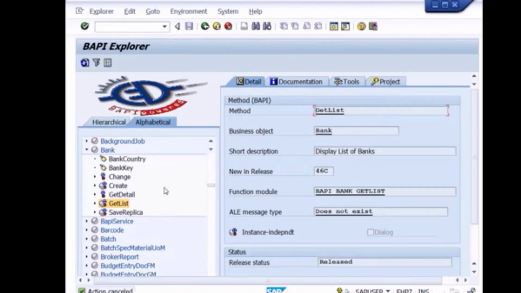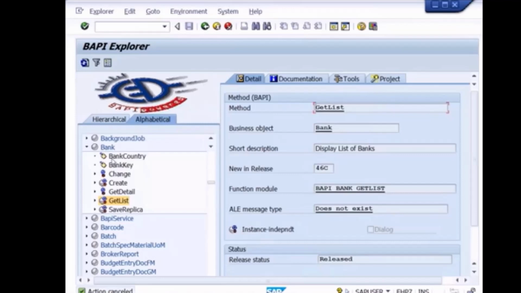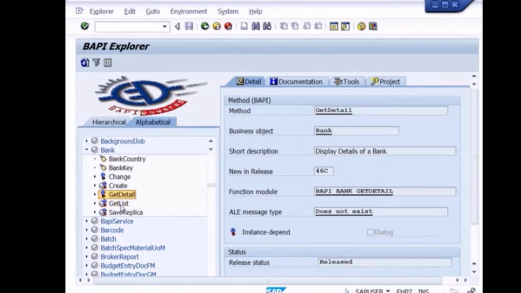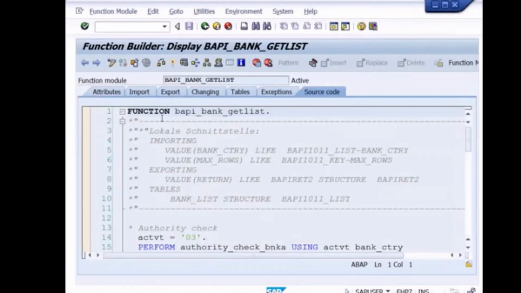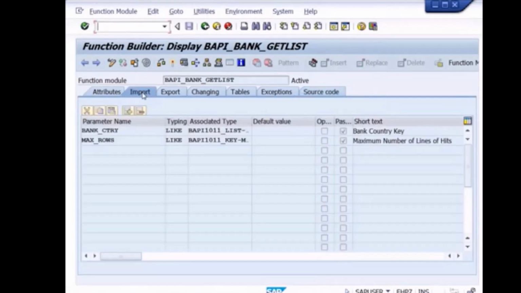What is the required method? Here, get list. When you are redefining, what you have to do? We have to change that function module to our modified function module. And the rest of the process is the same. So I have done it for this one. You try it for, like, bank. Make it clear. Get list is there. What does it do? Displays the list of banks. Do we have parameters here? Yes, it contains